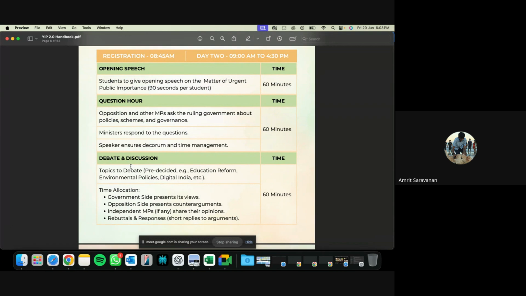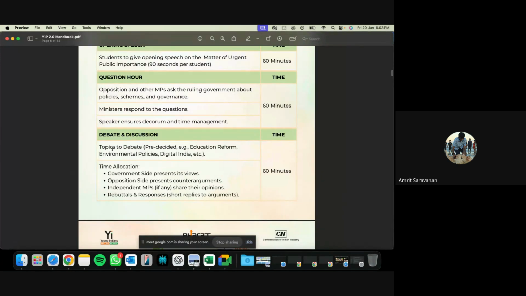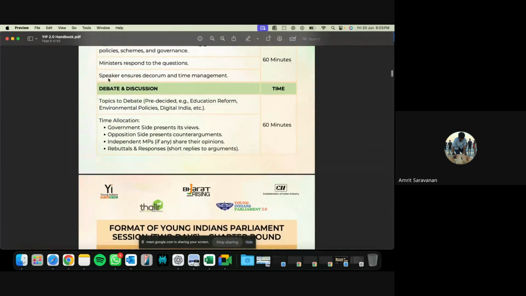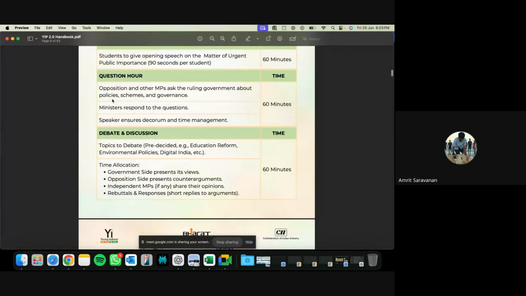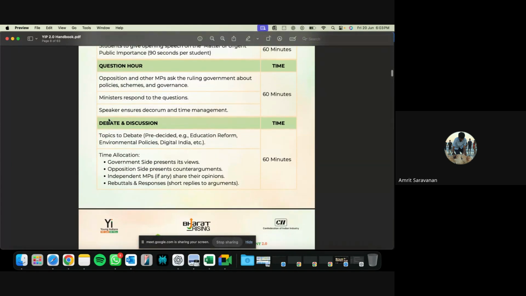Moving to the next section, which is debate and discussion. This section is essentially an extension of the questionnaire. Just to give you context, right after the debate and discussion comes 0 hour, and 0 hour will start sharp at noon, at 12 p.m. So our objective is to allow the questionnaire to extend up till noon. We will be extending the questionnaire during the other hour provided for debate and discussion.